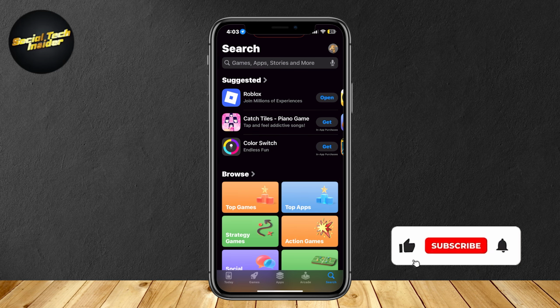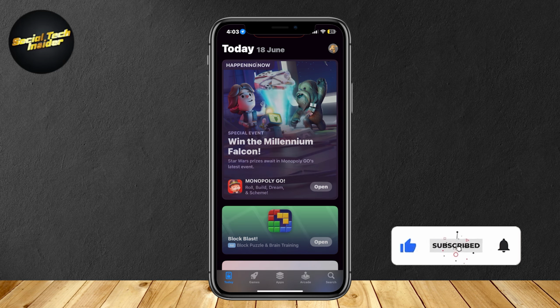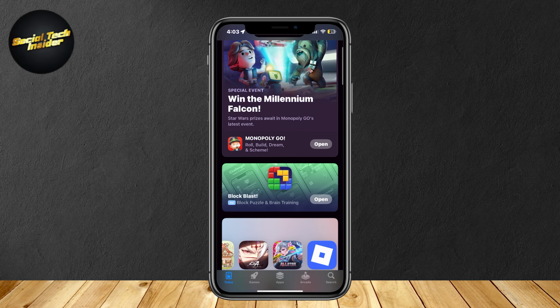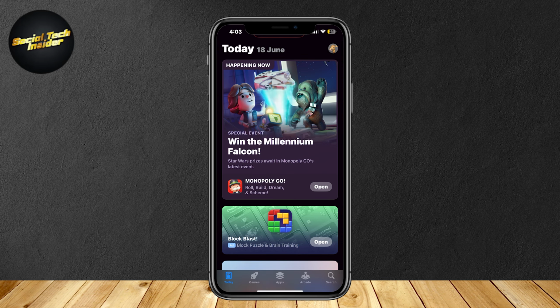So this is how you can download apps without a payment method. In this tutorial, I'll be teaching you how to download any app without needing your payment method. That means you don't have to put in a card or any kind of e-wallet in order to download an